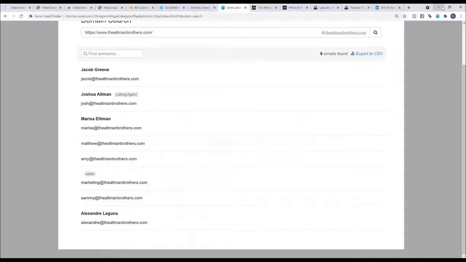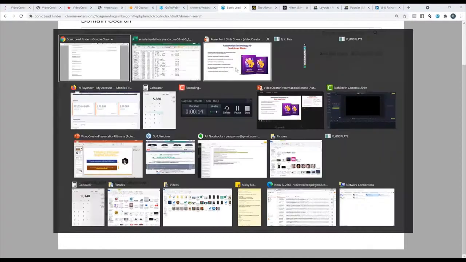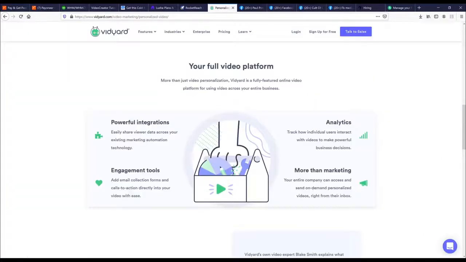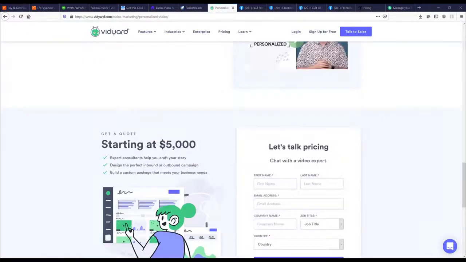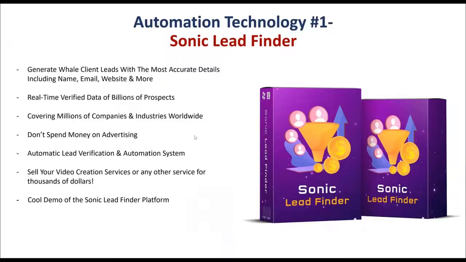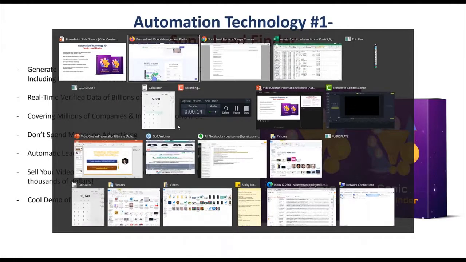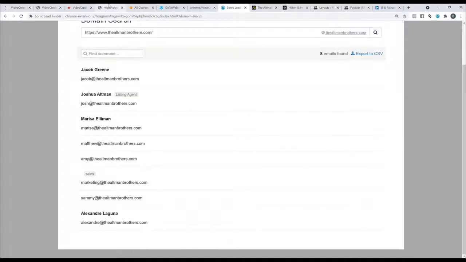But that's going to take you forever, right? On the other hand, if you just downloaded this and wanted to actually generate a revenue stream with it, there are some platforms which allow you, like in this case, Vidya, which starts at $5,000. So what it can do is you take that file that I just showed you how you can create, with different people working in different industries, and easily get some videos made